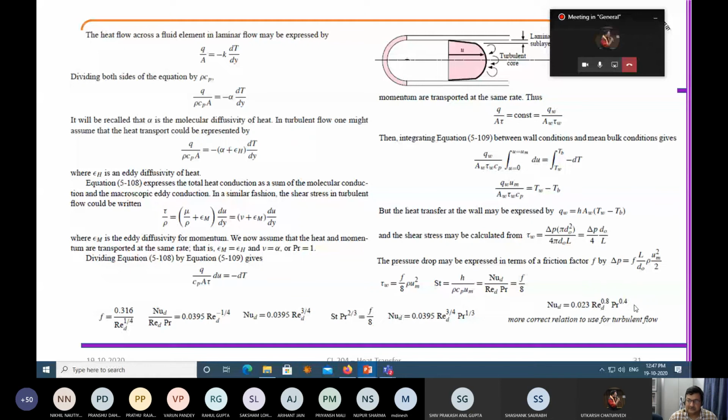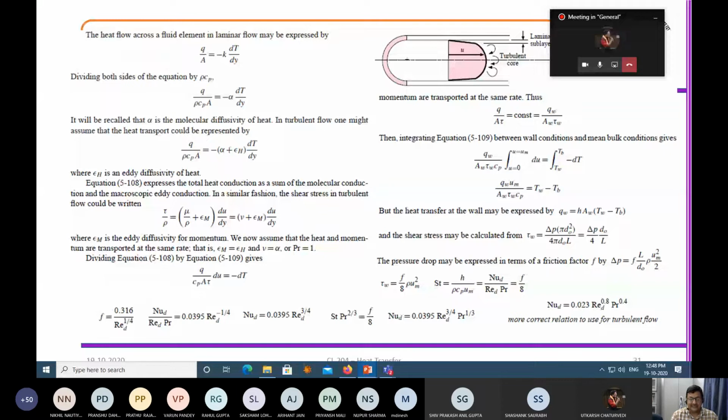Now, this type of correlations have served engineering calculations very well. You can see the framework is not very different. You obtain delta, you obtain Nusselt number in the form of Reynolds number and Prandtl number. Then you correlate friction factor with the Reynolds number. Then you correlate the Stanton number and Prandtl number with the friction factor. Whatever you require, you have a velocity profile, you have a temperature profile. So whatever parameter you need for a heat transfer calculation, you already have the basic parameters lined down.